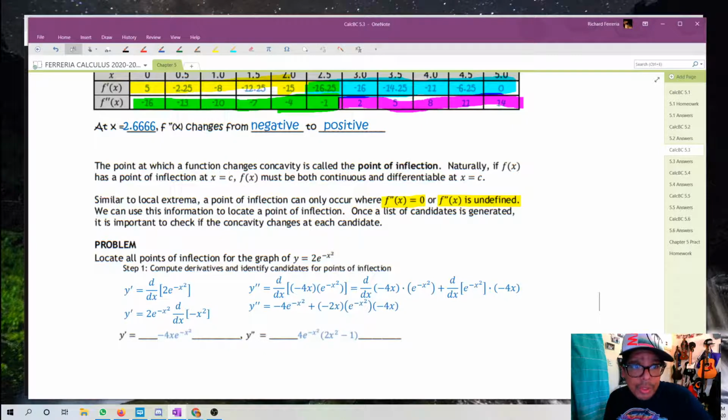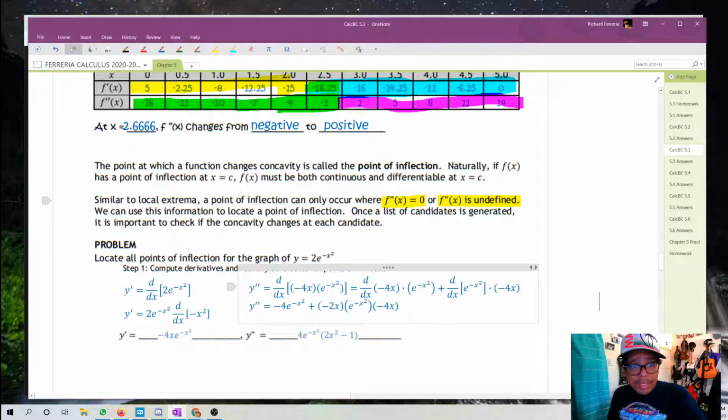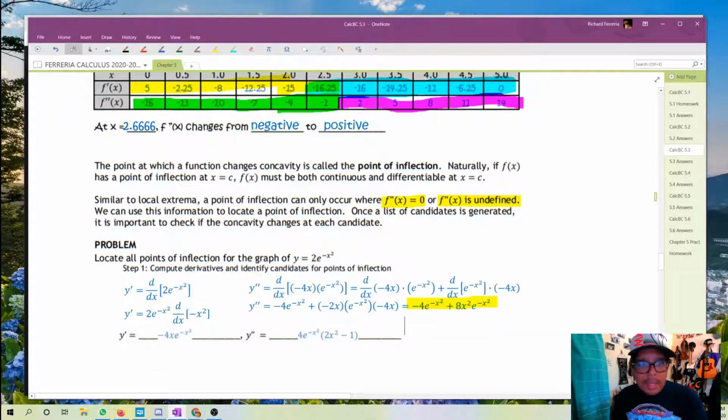After all of those derivatives, we get negative 4 e to the negative x squared. And then the derivative of e to the negative x squared is the derivative of the exponent, negative 2x, multiplied by e to the negative x squared, minus 4x. We're going to do a little bit of algebra to simplify this. That gives me negative 4 e to the negative x squared plus 8x squared e to the negative x squared. And if you factor out a factor of 4e to the negative x squared, you get what I have here,